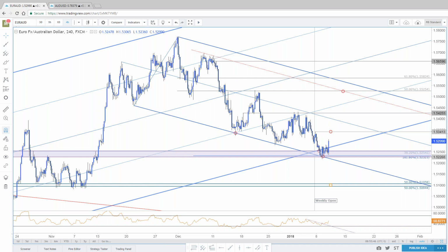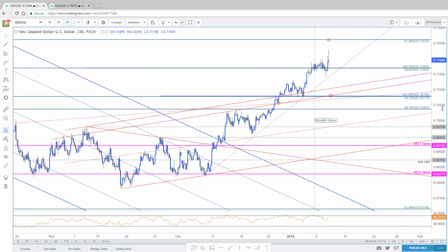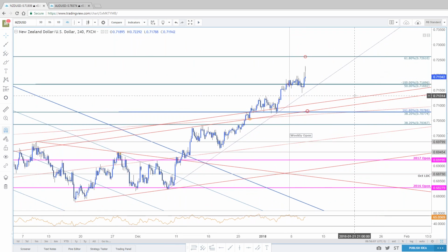Okay, for everyone in the room, thanks for entertaining that for Pooja, so we can go through that one more time. Euro, we covered. Aussie, a bounce here off support. Kiwi, as I said early in the session, I really don't know what to do with Kiwi here. If you're holding longs, this is one of those trades where you just want to choke up your stop,